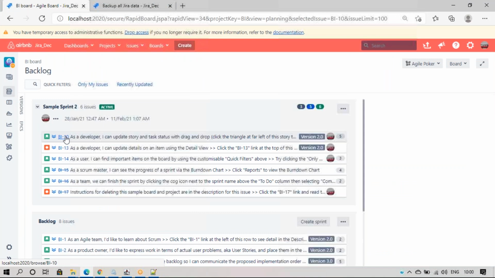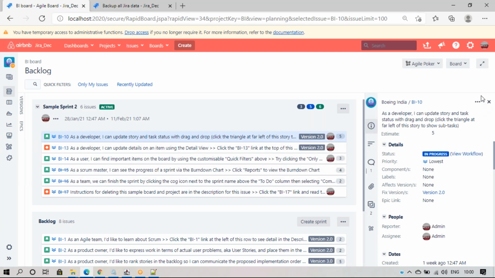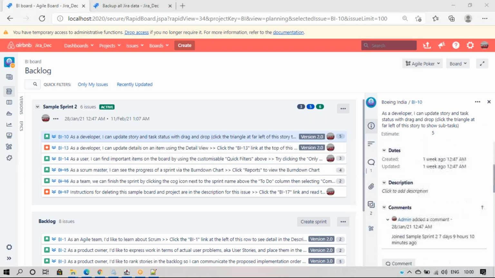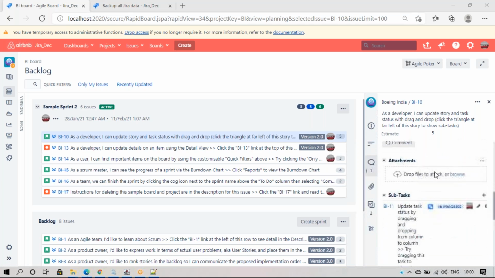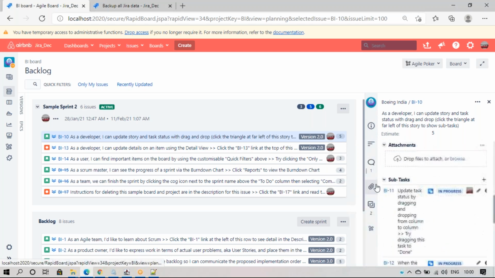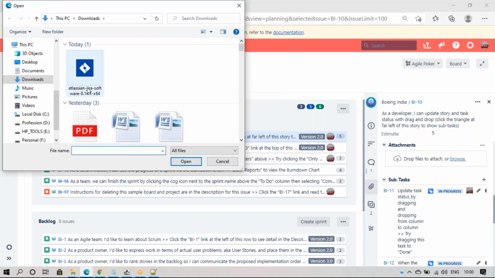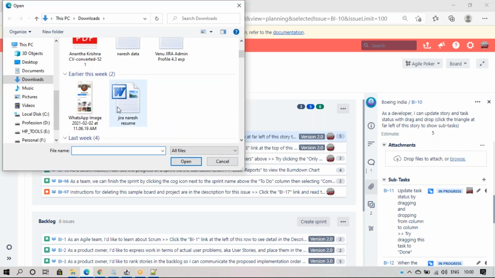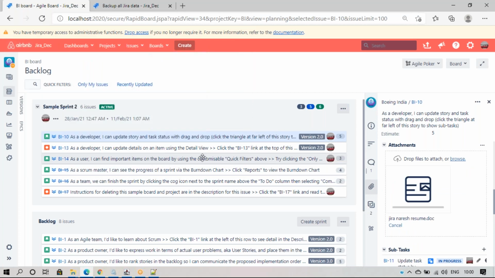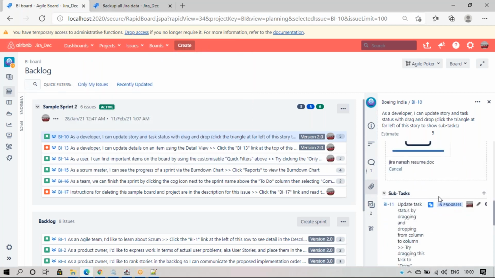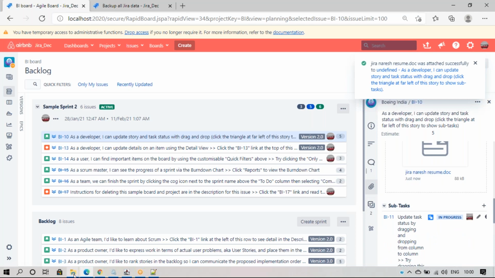Suppose I open one ticket, I have an attachment added.